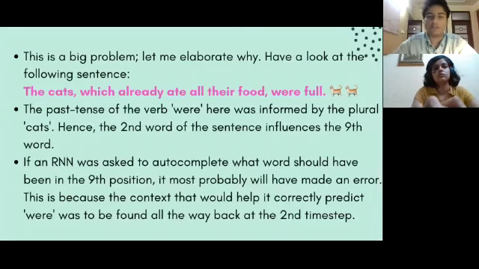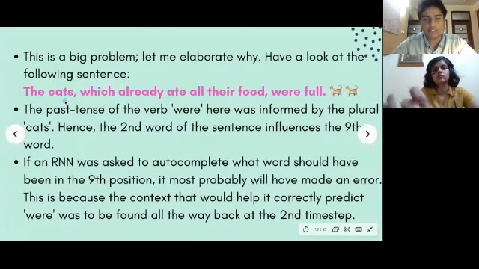So how did you change your answer in that scenario? I think it's pretty self-explanatory. This thing right here, the subject of the sentence. The subject of the sentence is plural in this case, so we know that "were" is the tense that should come here. On the other hand, if this was "cat", then the word here would be "was". So what this means is that in this scenario, the 9th word was impacted by the 2nd word in the sequence.